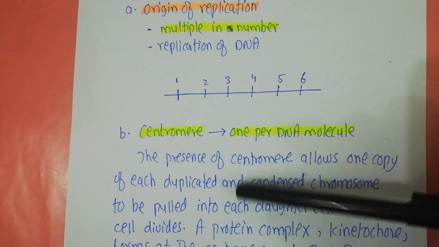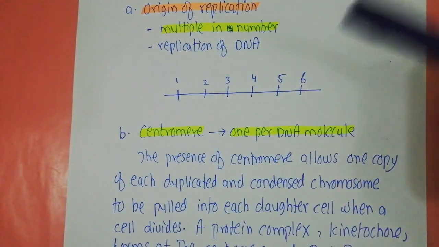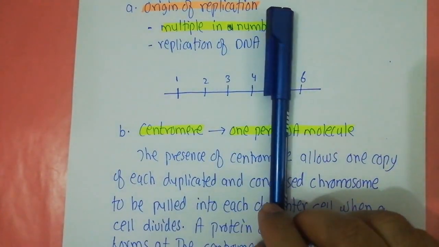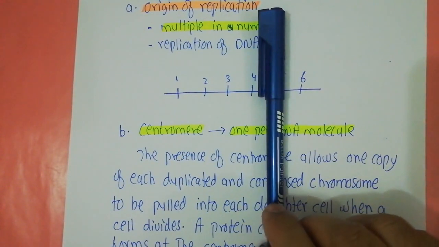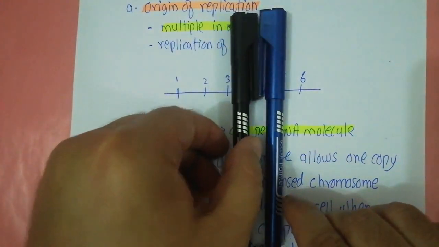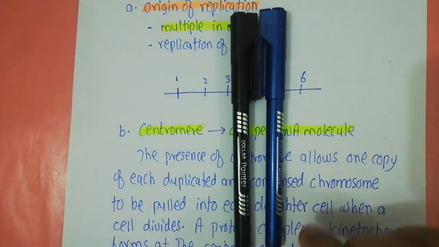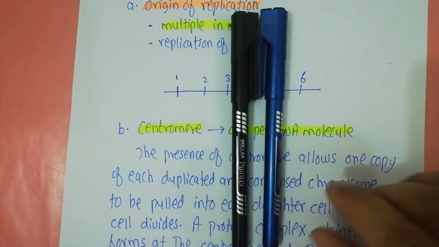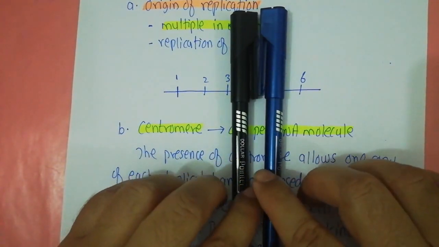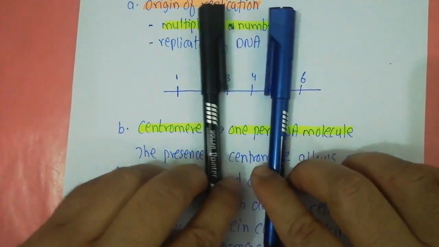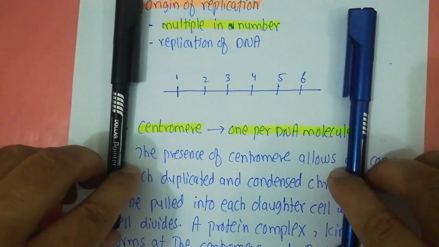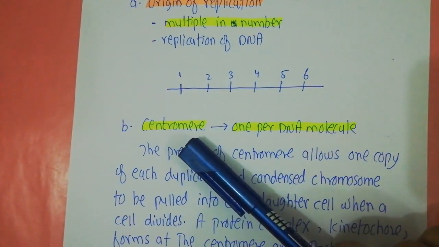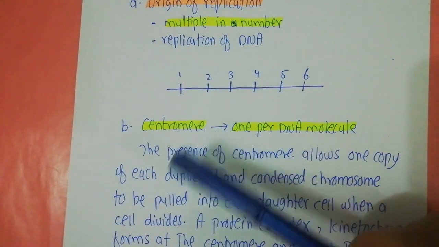Now, what is the function of the centromere? After the replication of the DNA, you get two sister chromatids. For example, this is a DNA molecule, and utilizing the origin of replication, the DNA replication machinery has made an identical copy of this. Now you should divide these two sister chromatids into the two daughter cells. The centromere helps in the separation of these two sister chromatids into two daughter cells. So if you have origins of replication and you do not have any centromere, you will not be able to divide the duplicated DNA into the two daughter cells.